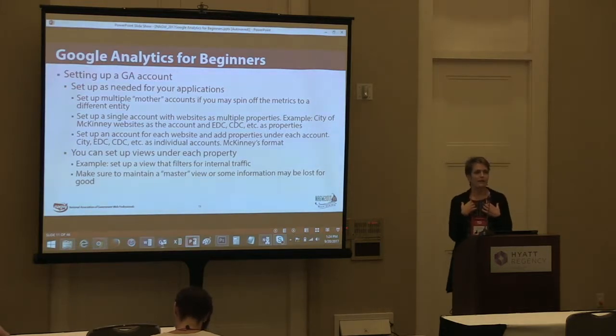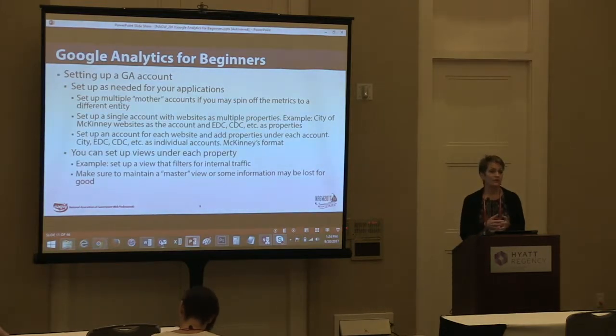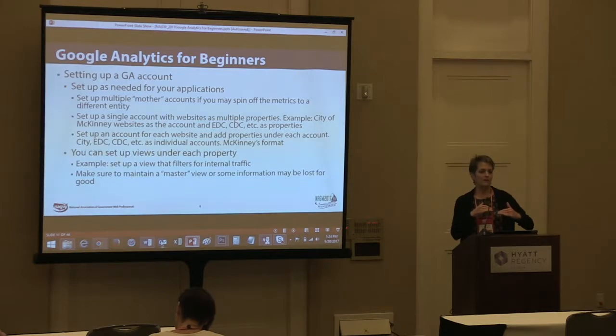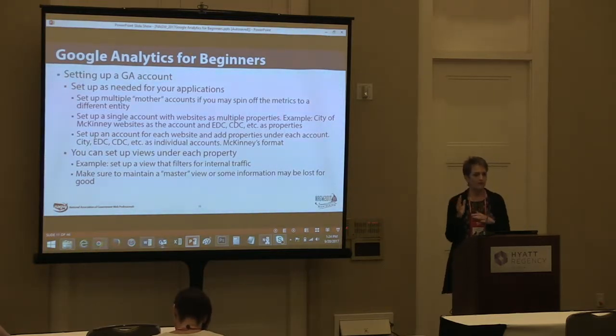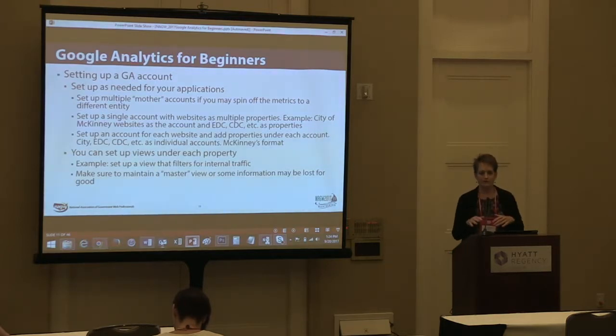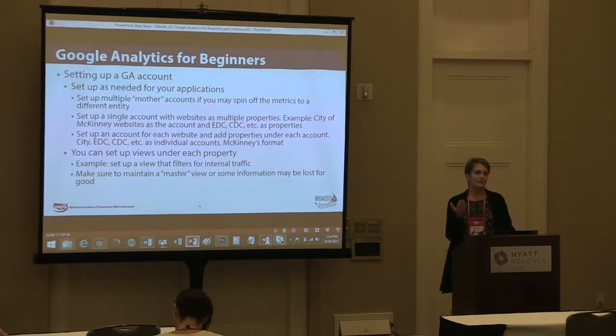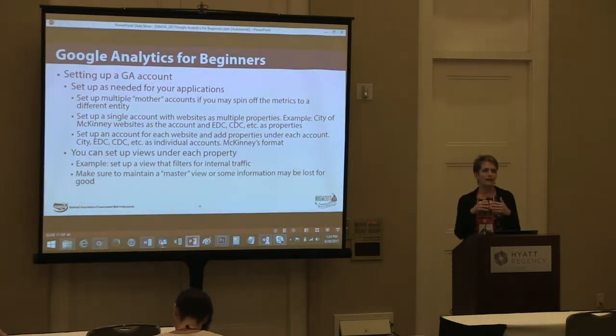In our case, and I don't know when Google Analytics changed this, but it's been in the last year or two that the interface actually changed, where we have all of our sites as an account, and then I'll show you in a minute what I mean by properties and views, but it'll make more sense when I show you the image in just a minute. So the message here is to set up the account as you need it for the way you report analytics, whether you're reporting internally or for outside clients or however it works.